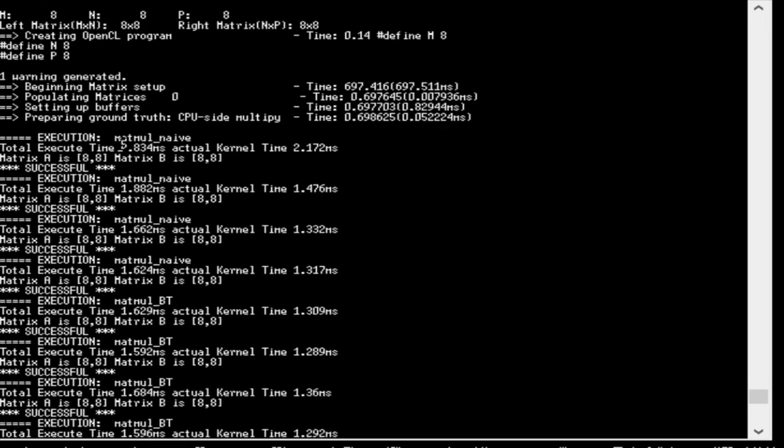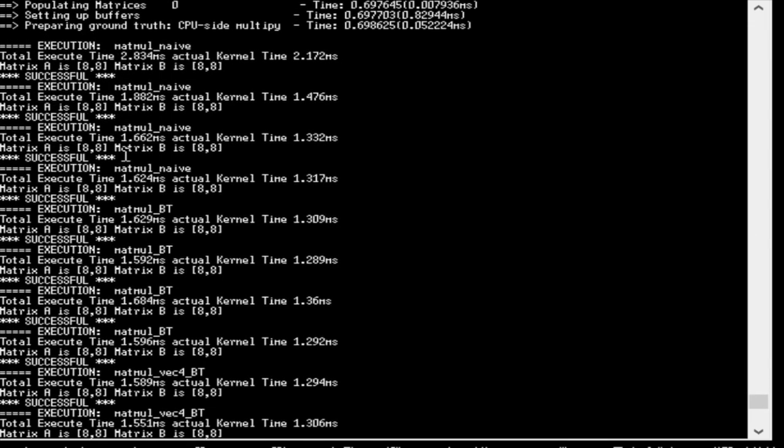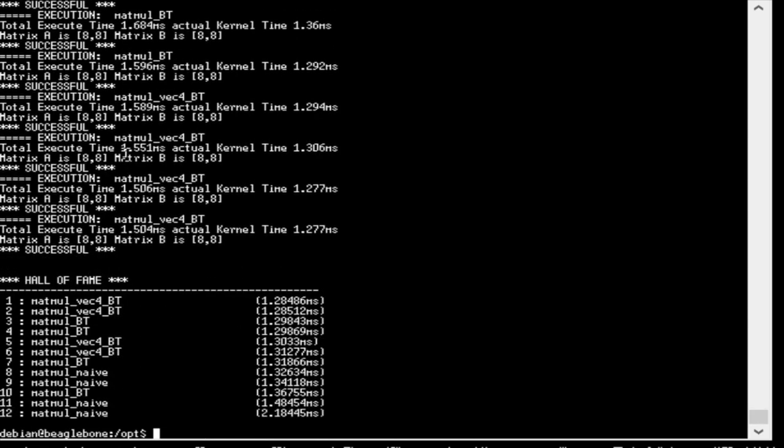is 0.05 milliseconds. Each of the kernels is run 4 times, and the value we're looking at is the actual kernel time, which is the time spent in OpenCL doing the execution. This can be compared to the CPU side native multiplication value to see any benefit we have from using OpenCL. In this case, with very small matrix sizes, it is a lot slower, and also there is no benefit to